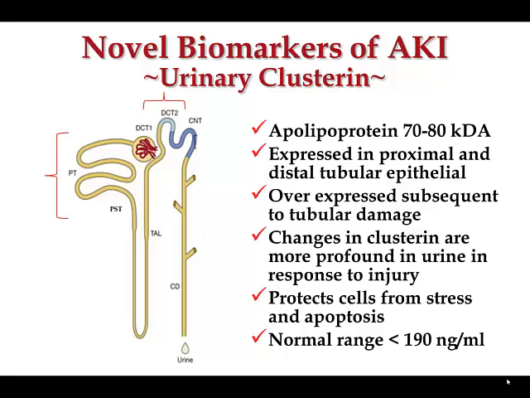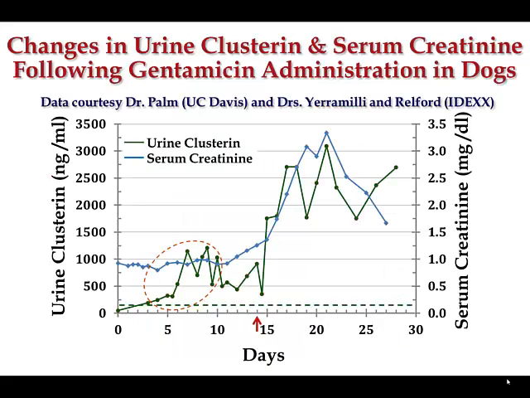Its role in the kidney is probably to help protect these cells from apoptosis and other kinds of cytocellular stress. And so it makes sense that when the cells are getting stressed or injured or damaged, it's going to come up and say, I'm going to fix you, I'm going to try to protect you. And so that's good logic and strategy for this biomarker to be useful and predictive in these kinds of circumstances.